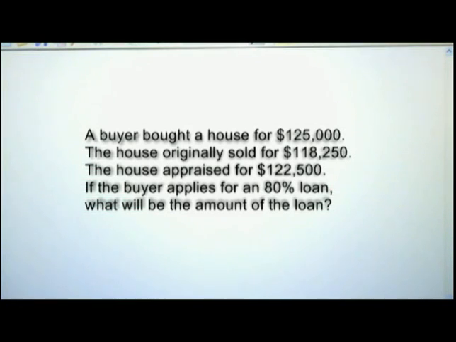What the buyer bought the house for was $125,000, but the house didn't appraise for the sales price, and the lender is always going to loan on the sales price or appraised value, whichever is lower. What the house originally cost, the $118,250, has no bearing on this question. So you need to start with the $122,500